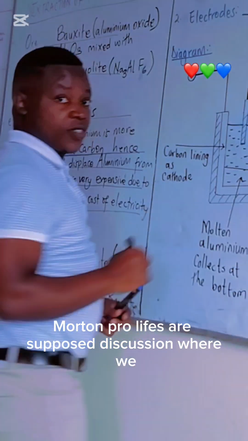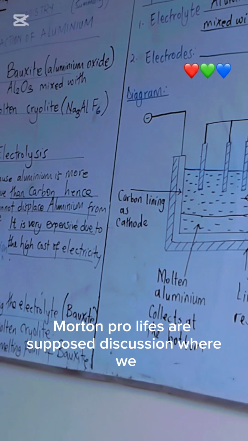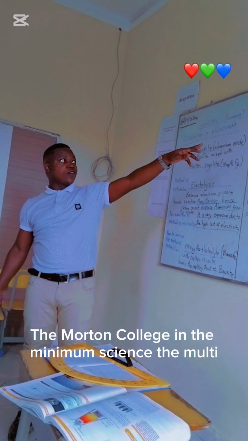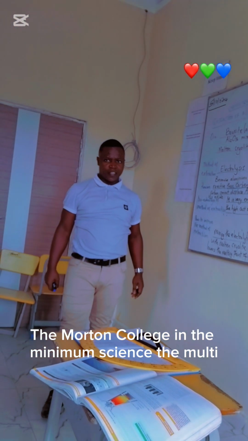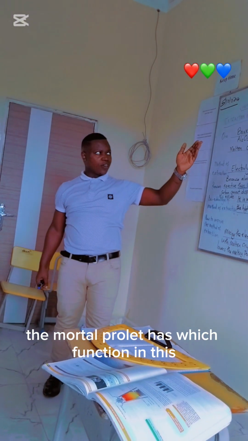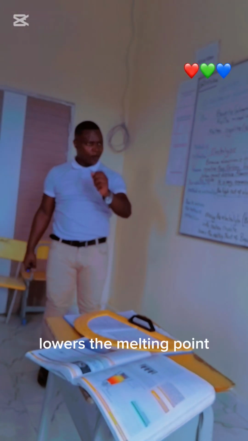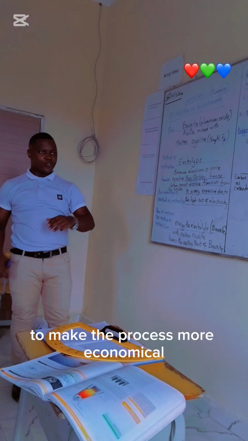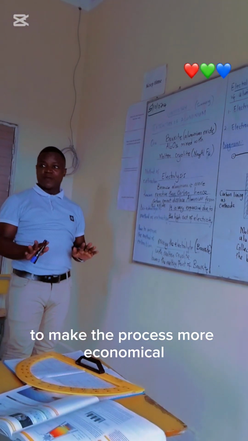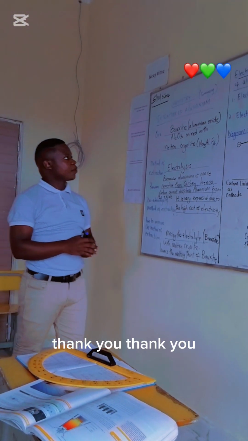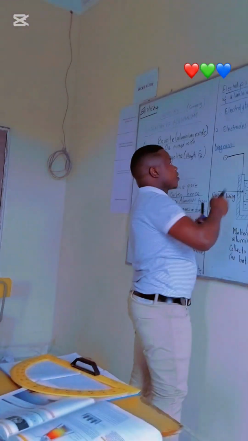I'll still pose this question. Where are we adding the chloride, the molten chloride in aluminum oxide? The molten chloride has which function in this? Because it lowers the melting point to make the process more economical. Thank you. So the electrodes we use are